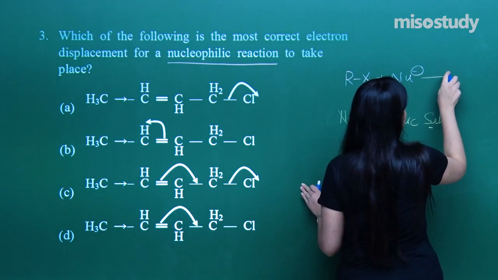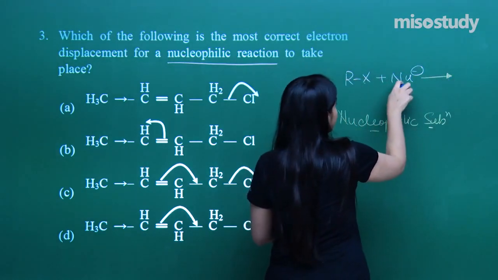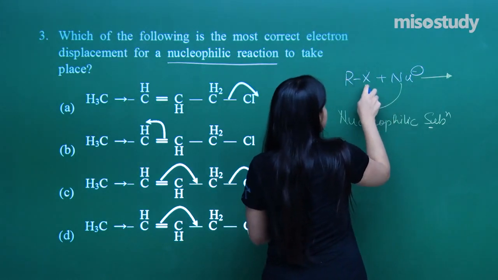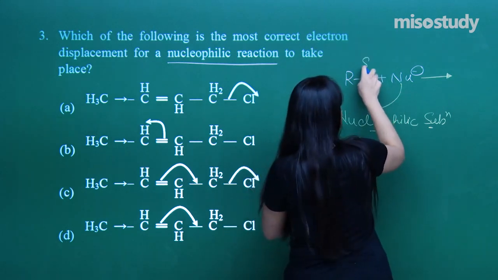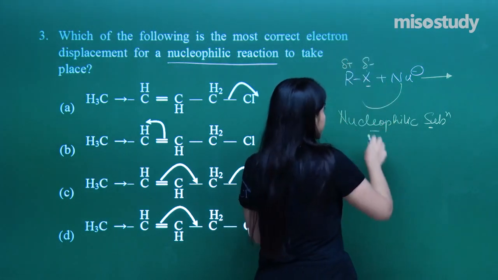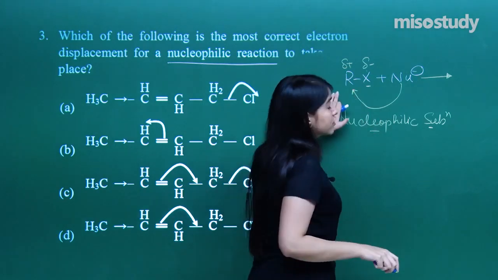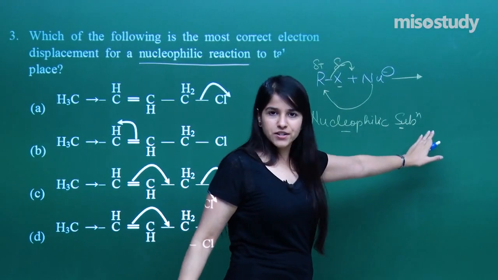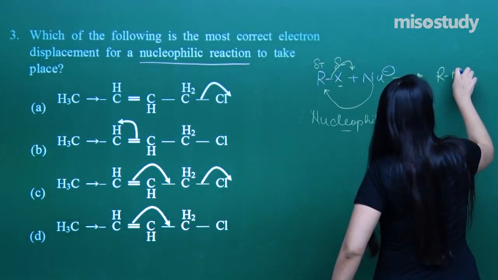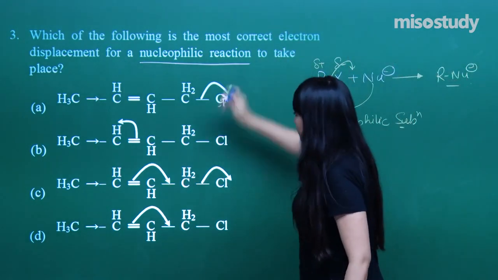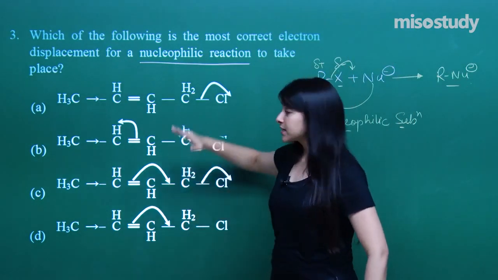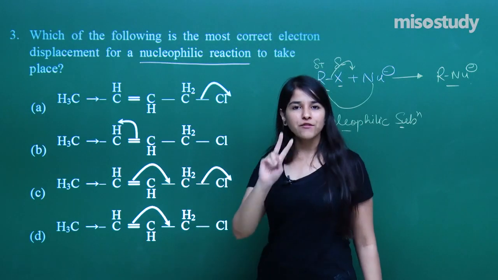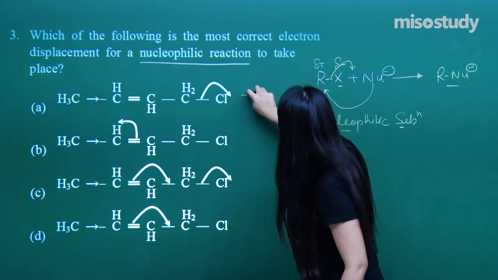Now how does the reaction take place? The nucleophile attacks here, where this is an electronegative group with a delta negative charge over it, and there is a delta positive on the carbon. So the nucleophile is definitely going to attack on the R-X, and X then goes off. That is how the reaction takes place, and we get R-Nu. So in all of these cases, I need to consider those cases in which the chlorine is going off like that. Out of all four, I have got two options here which can be considered.